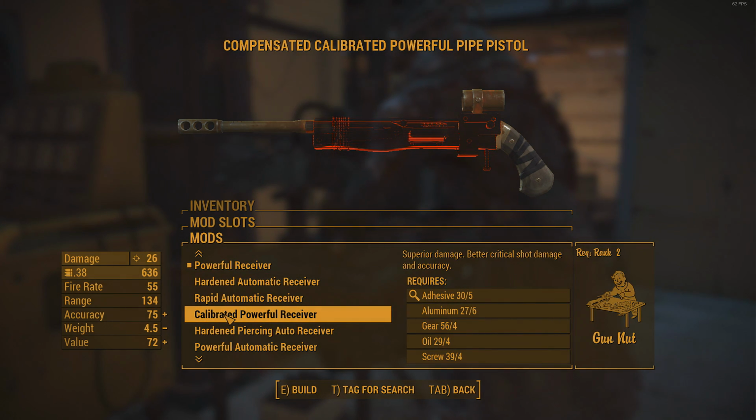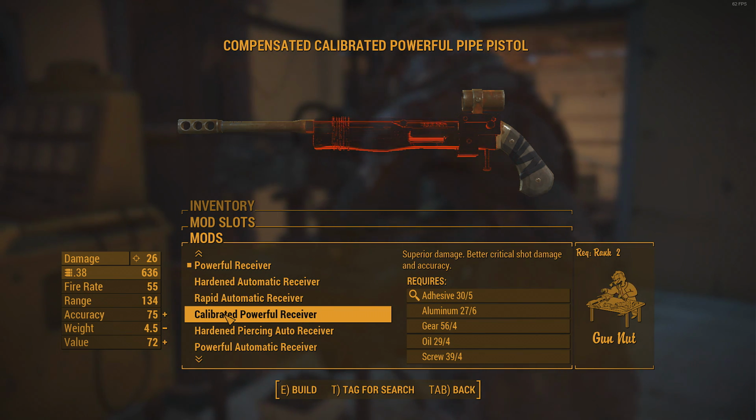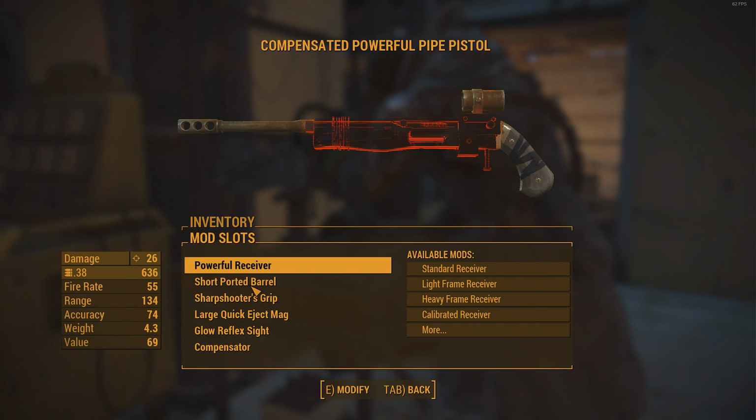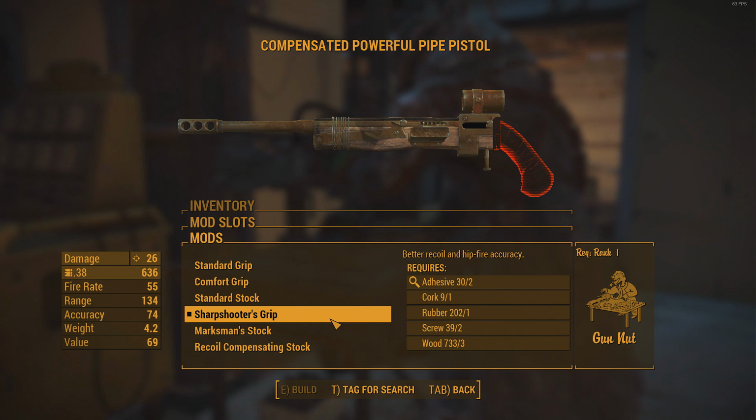Hi guys, this is Mattias, and I'm coming at you here with my first weapon mod video for Fallout 4. Hopefully this video can function a little bit like a beginner's guide when it comes to getting into weapon modifications in Fallout. So I'm starting off here with the pipe pistol, and it's called Compensated Powerful Pipe Pistol now because